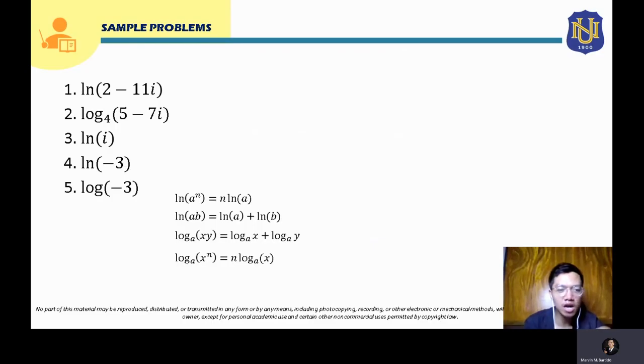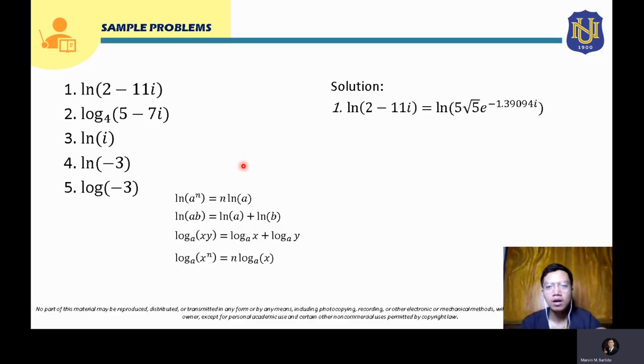So this will be our examples. Okay, so we have to simplify these problems. For your number one, the solution will be ln of 2 minus 11i. Even if you try to input that in your calculator, ln of 2 minus 11i, it will be a math error. So again, we have to apply our rule here,